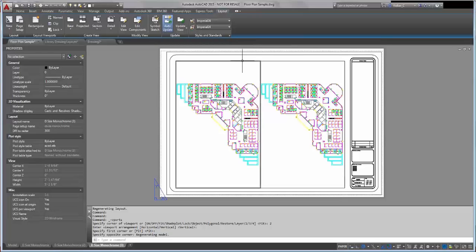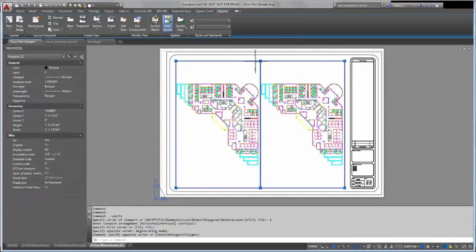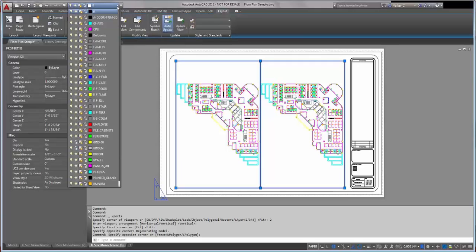Now the one thing I'll say is that right now I've just created that on layer 0. So when I plot this right now, the viewports will plot. The border, that is. The content we want to plot, but maybe we don't want to see the viewports themselves. Some people do, some people don't. I like to see them on my sheet, but when I plot, I really don't care to see them that much. So I actually created a layer,